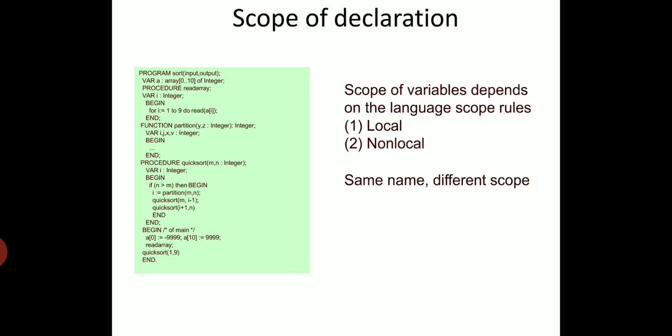Then the next topic is scope of declaration. There are different types of variables in the procedure. The variable can be either local or non-local. It will depend upon the scope of the variable. We can name different variables using a single name. If the add function is having an integer variable I, maybe the sub function, which is another function, can also have the variable I, because it has a different scope. The first I has its scope within the add function. The second I has its scope only within the sub function.